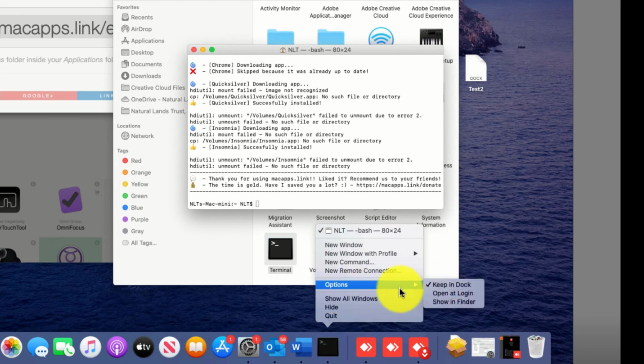And for anyone wondering, this is actually a Mac running Catalina, the latest version as of recording this, which is May